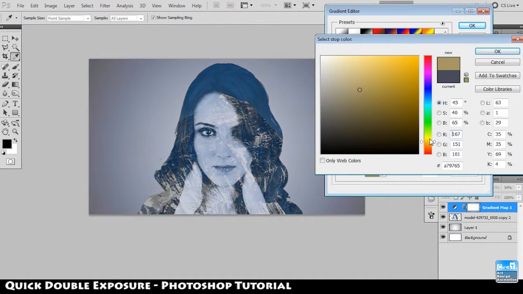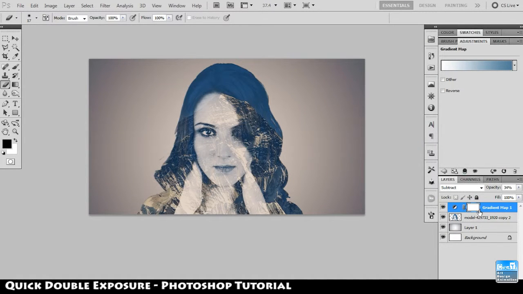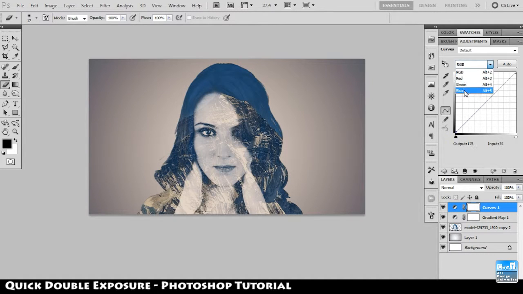Okay, yeah. Random colors. Yep, it's looking good. I guess it's good. Bluish. I like the bluish one. Yep. Okay. This one is looking good. I can use this. A little bit more. Okay, yellowish is creating a bluish tint, and blue color is creating a yellowish tint. Okay, so blue color is finalized in the gradient, and now I will create a curve adjustment